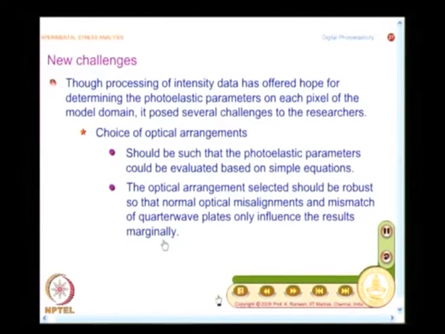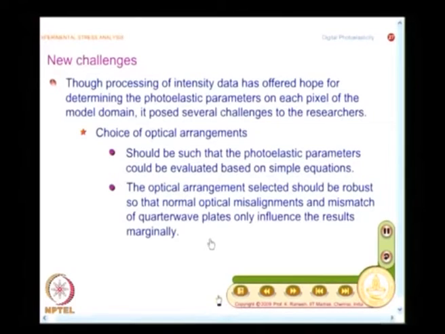See, there is one philosophy. Once you have digital photoelasticity, people also developed sophisticated polariscopes with stepper motor control, and they also put in achromatic quarter wave plates. Then the cost of the polariscope is very exorbitant, and many institutions that have a conventional polariscope cannot go into digital photoelasticity. Now, for the method we are going to look at, the conventional polariscope can be used. You just put a digital camera and write an appropriate software.